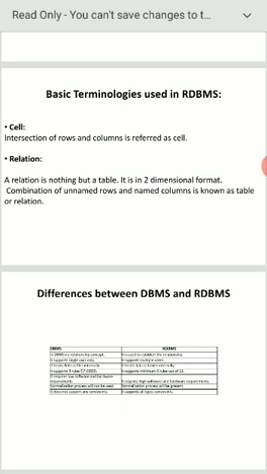But DBMS does not support normalization. You know the different types of normalization: first normal form, second normal form, third normal form, Boyce-Codd normal form, and so on. But RDBMS supports normalization. And the last difference is that DBMS does not support any constraints, whereas RDBMS supports constraints. In constraints there are 6: domain constraints, tuple uniqueness constraints, key constraints, single value constraints, integrity rule 1 constraints, integrity rule 2 constraints. These are main differences between DBMS and RDBMS.